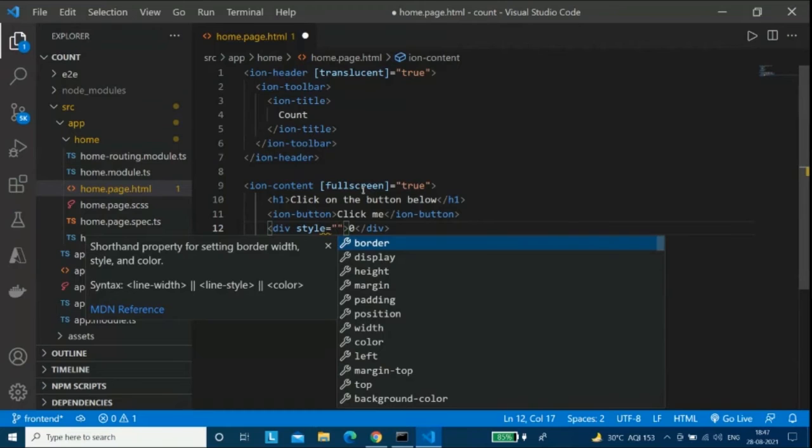One second, someone is having some issue. Okay, so you accidentally closed it. No issue. You can go to the command prompt, press Ctrl+C, and as you press Ctrl+C, you can again go for ionic serve. Since you have served it once, it will be faster to build. Right? Okay, okay, got it.